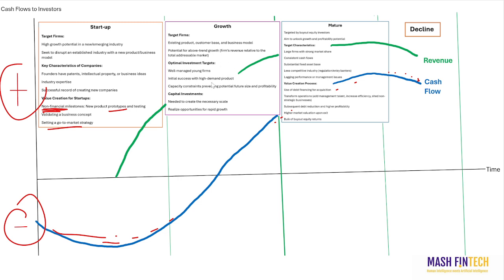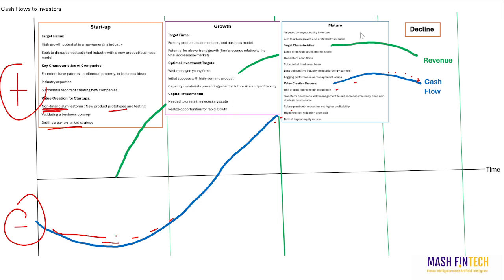And they want the demand for that product to be high or increasing. There might be capacity constraints which might hinder future profitability. So there is need for capital investments to create the necessary scale to meet the capacity and realize the opportunities